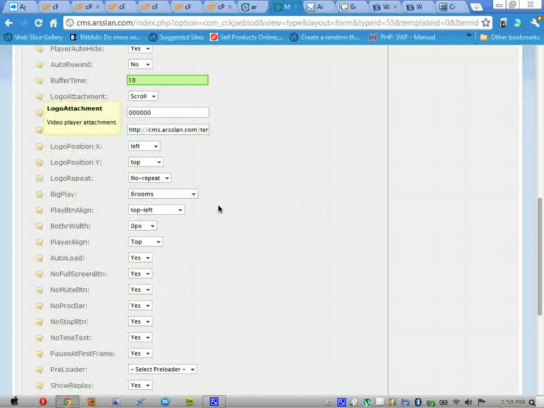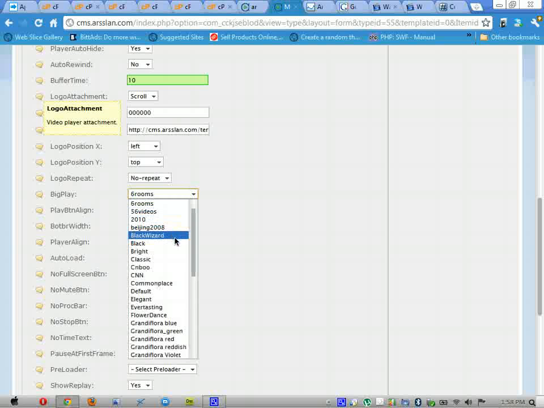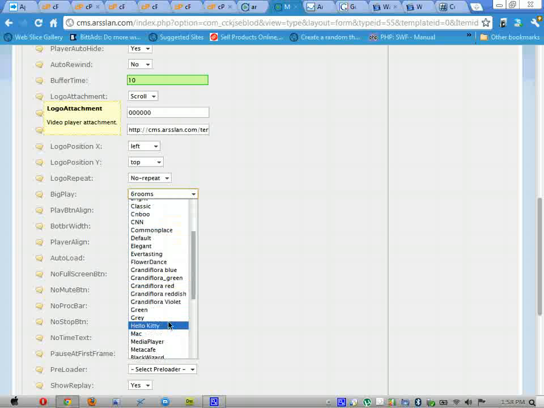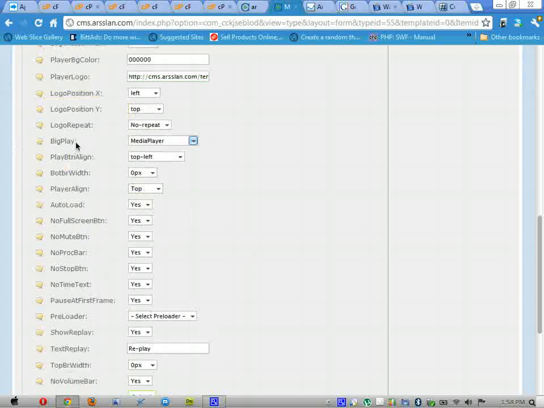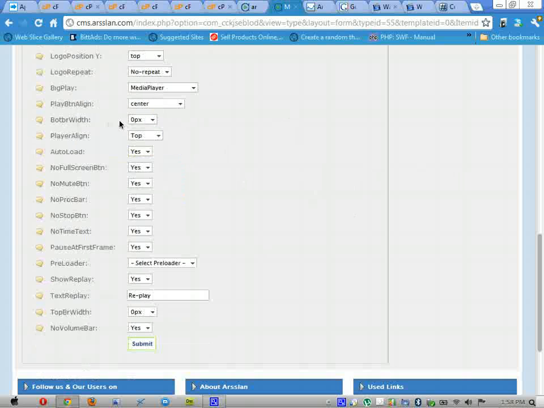Logo repeat, no. My big play should be MIDI player. This is basically the play button which comes in between of a player, and player button align, I want it to be center. Player bottom border width, I want it to be 30 pixels, and player align, I want it to be aligned bottom. And auto hide,